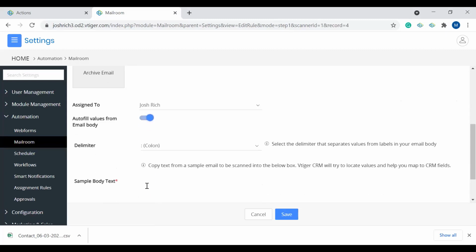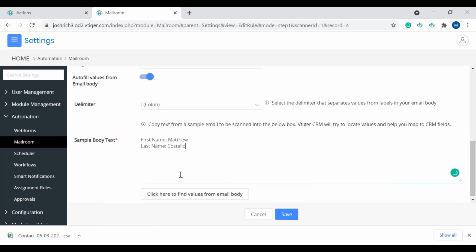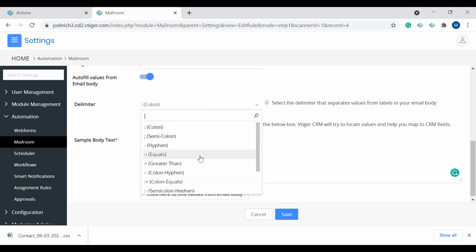And then you can also have it set to autofill values from the email body. So if you have leads coming in that say are set up where you have first name and then it has the name after that, last name, say it's Costello, and then you can have additional information from there. So if you have emails that have lead information coming in this format, or if it's with a different delimiter,